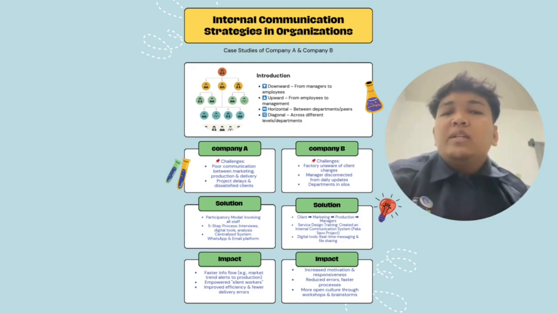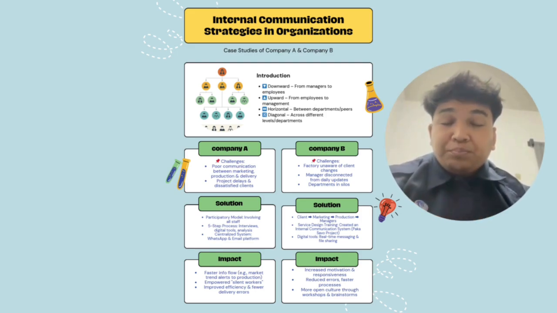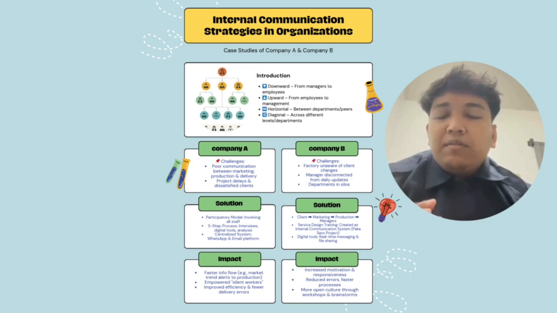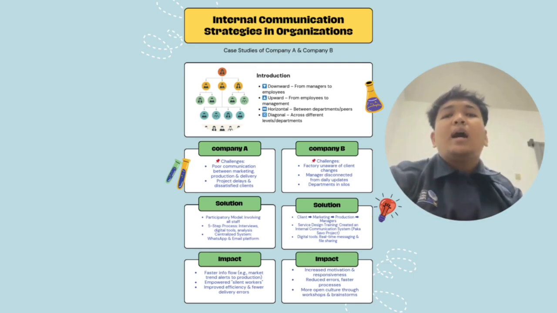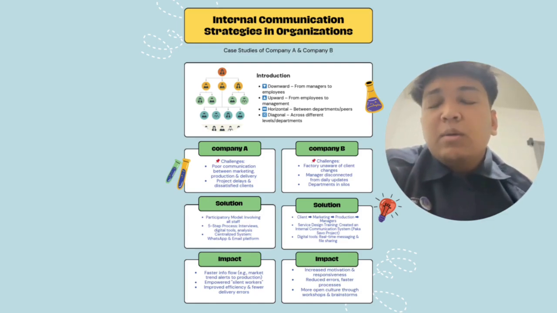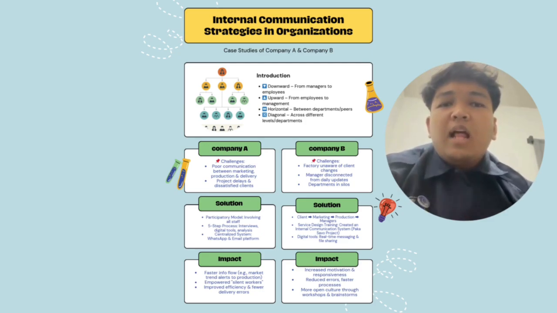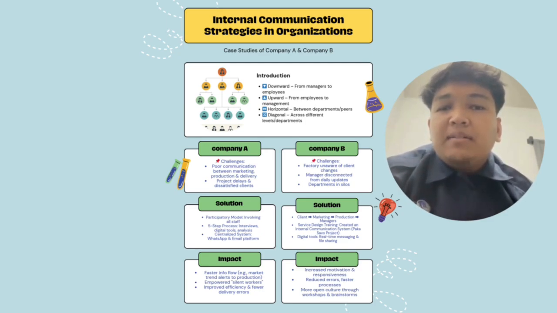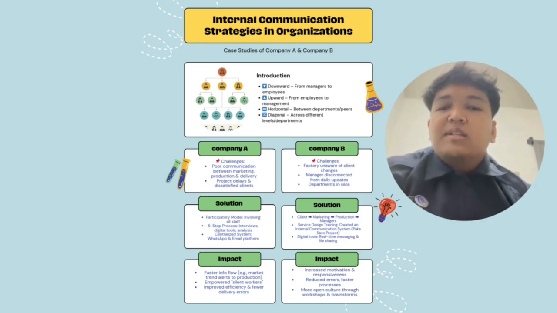So, how did the company solve this? They adopted a participative model, meaning all levels of employees were involved in finding solutions. The process had 5 stages, including staff interviews, an online innovation tool, idea evaluation, co-analysis, and collaborative staff discussion. This approach helped identify the real communication gap and resulted in 28 improvement proposals. One of the key outcomes was the creation of a centralized internal communication system.